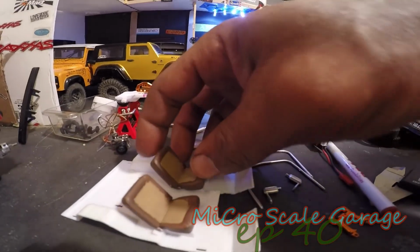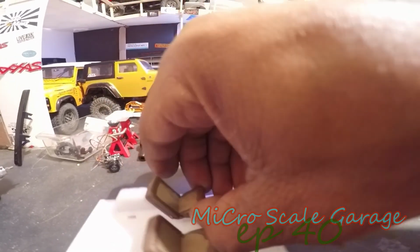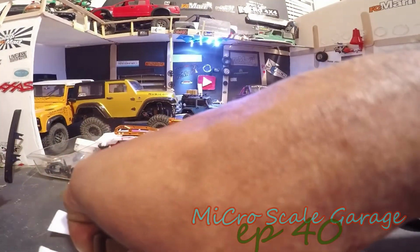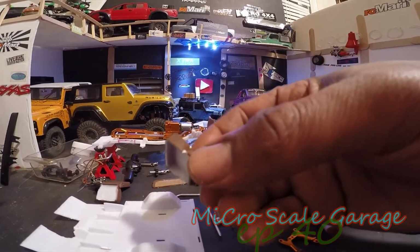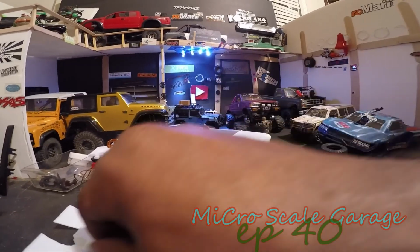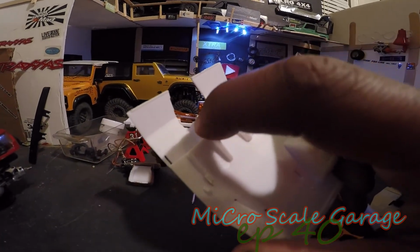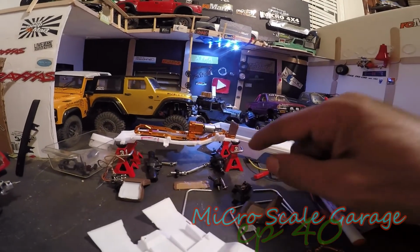I just painted these seats. I didn't glue them in or anything. I think the paint might have dried on there. I set them on there wet. Eee. There was some crazy glue still on there. Oh, that's not scale. Alright, I'm gonna have to sand all that up and clean that off before I paint that black. Well, I'm gonna be doing a lot of cutting anyways. It seems like I'm gonna open this all the way up to there,